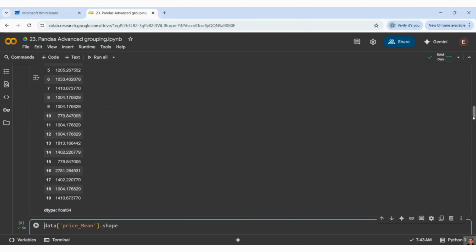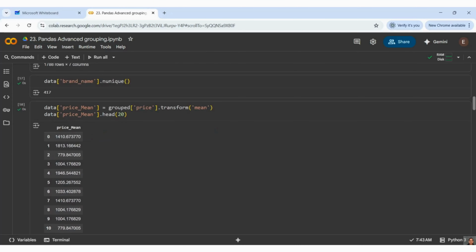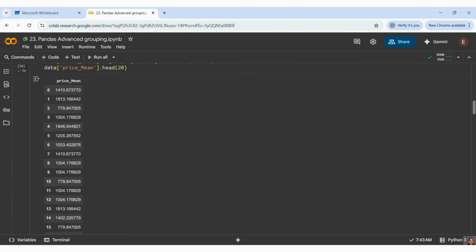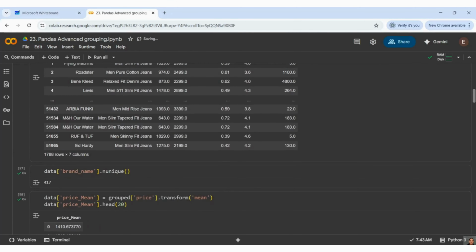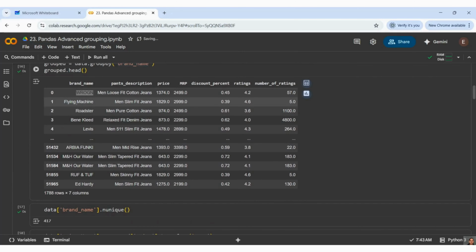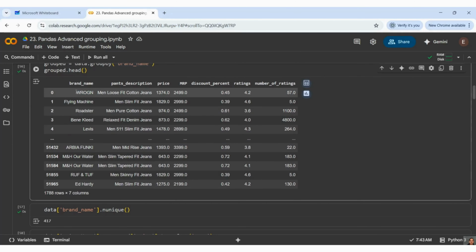So what exactly is happening? Consider, for example, this brand, Roadster. First the Rogan brand is taken, and this brand has so many prices, right? It's not like only one output you will be seeing here.